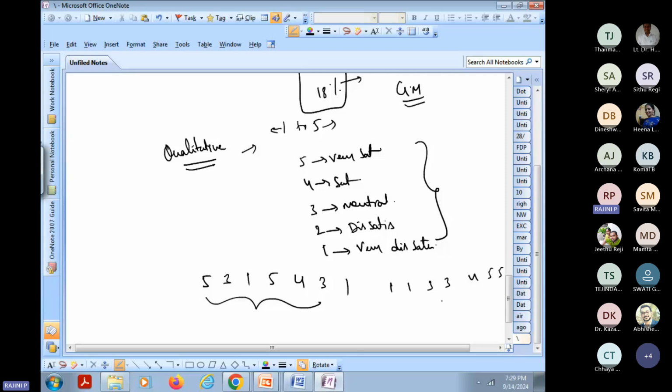What is the meaning of this? We need to go for the central value in the median. First, arrange the data in ascending order and check which is the middle term. Here 3 is the middle term. So the average of my class teaching is neutral. The students are not dissatisfied and not satisfied. They are okay with me. This is the way to find the median value. Clear? And next, the mode.